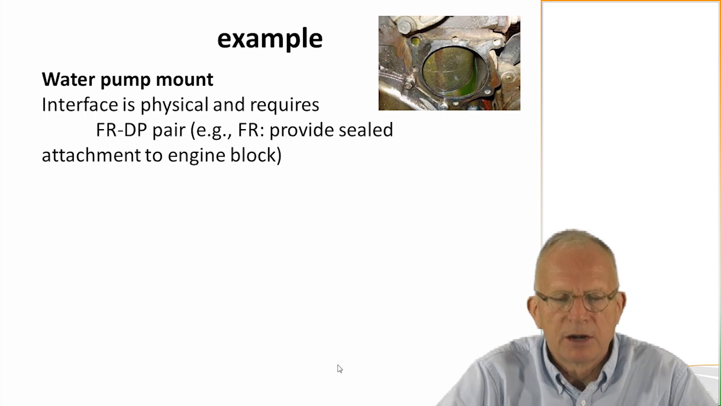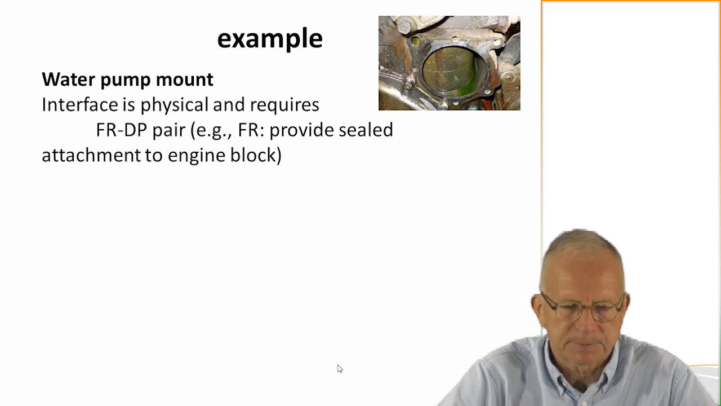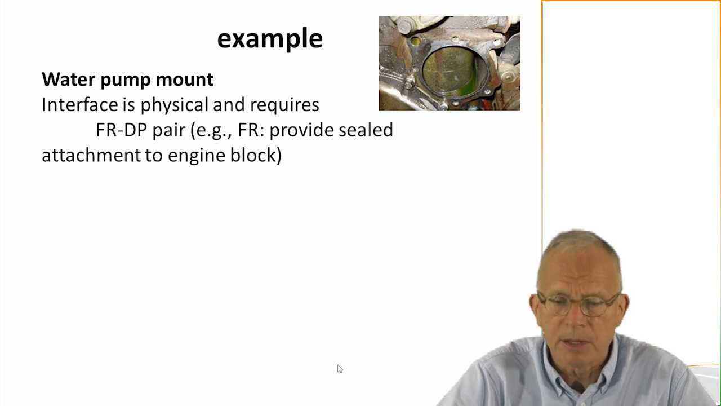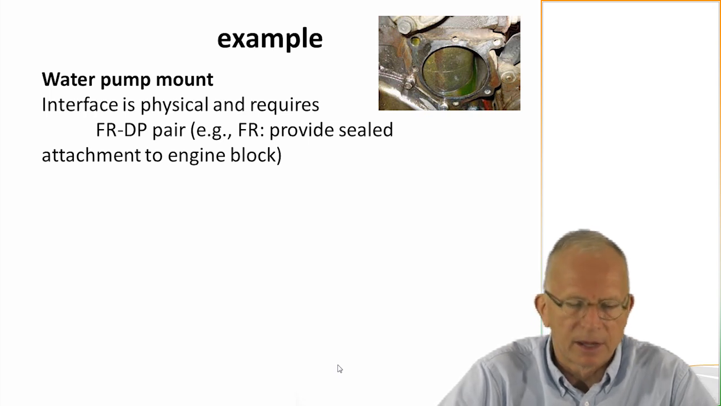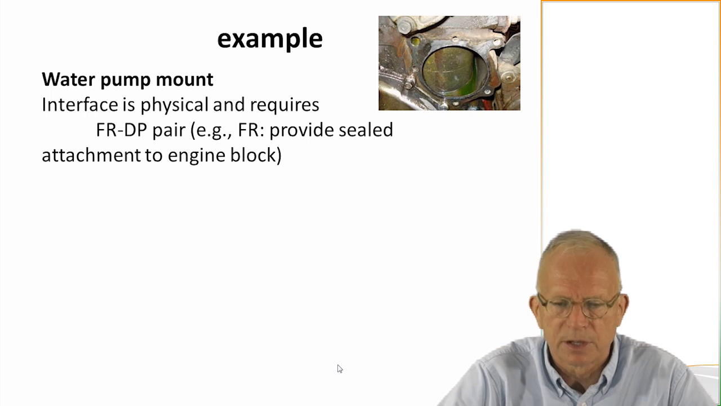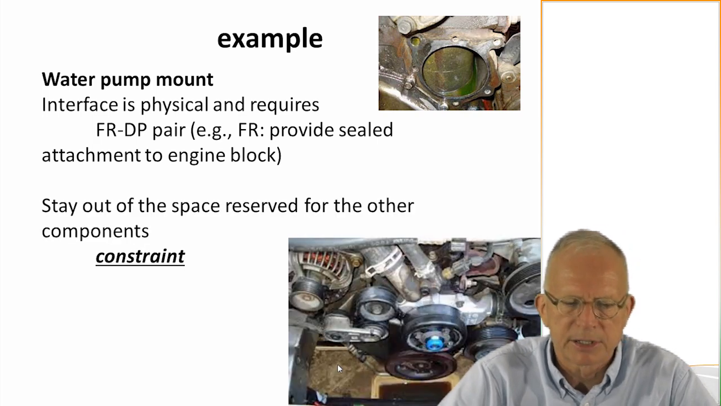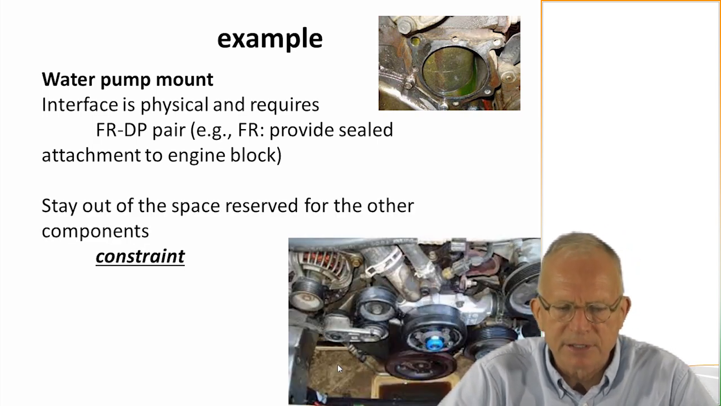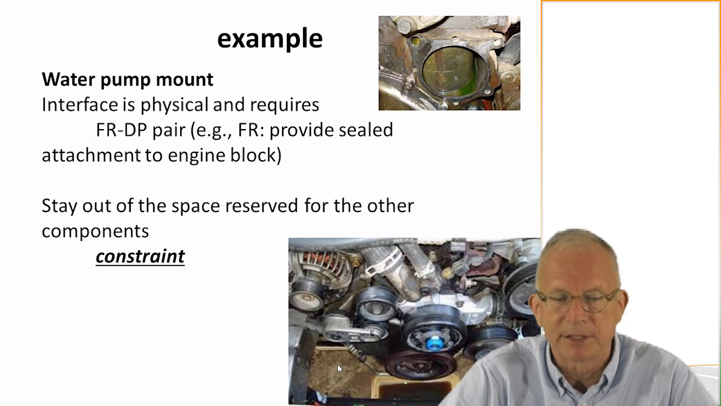So this interface is going to require a DP. The water pump has to have holes to align with the holes on the engine, and has to be able to seal with the engine, and it has to attach to the block. So the interface itself requires an FR-DP pair. The FR might be to provide sealed attachment to the engine block,